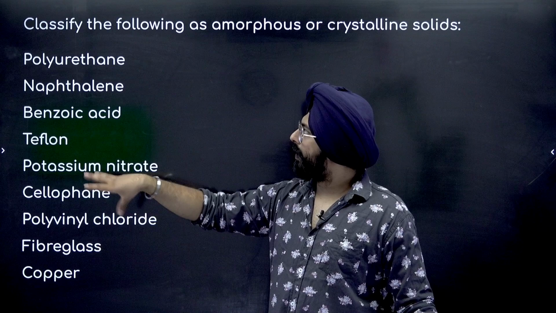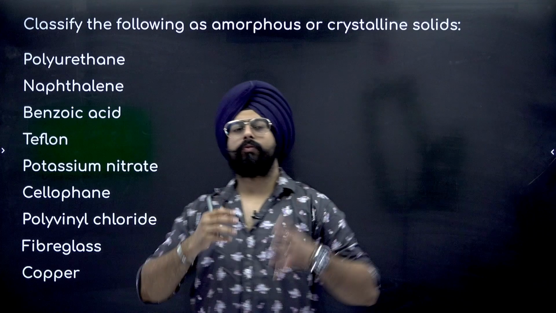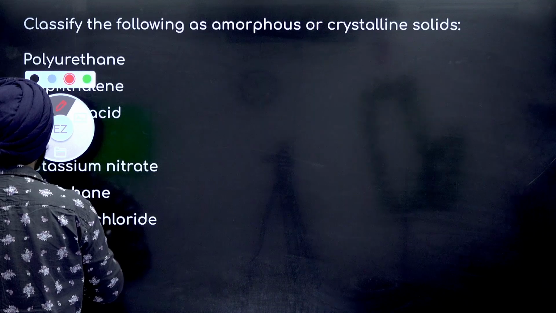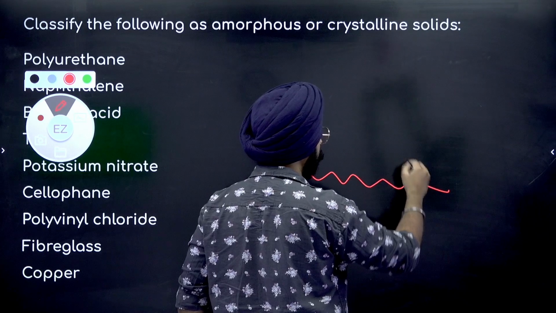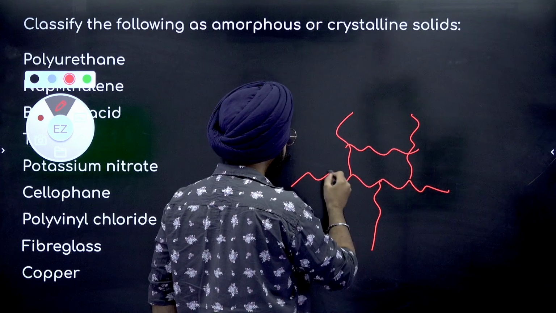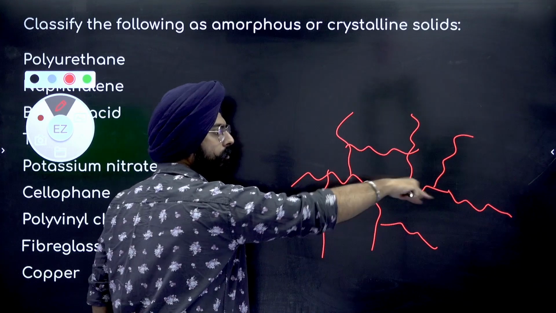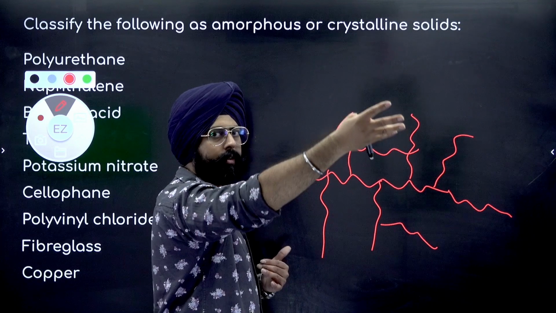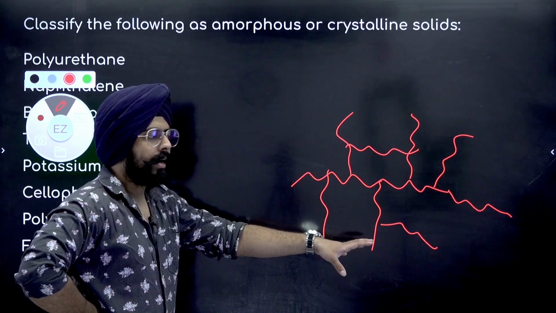So my dear friends, over here you notice that polyurethane and Teflon are both polymers. In the creation of polymers, something called cross-linking can happen. Okay, it happens in most of the cases of polymers. Some are more cross-linked, some are less cross-linked. So this weird thing happens. Can you see how chains of carbon, the basic structure is chains of carbon in polymers. You'll learn more about it in the chapter of polymers. But right now, just for your visualization, okay? Can you see how random this structure is?